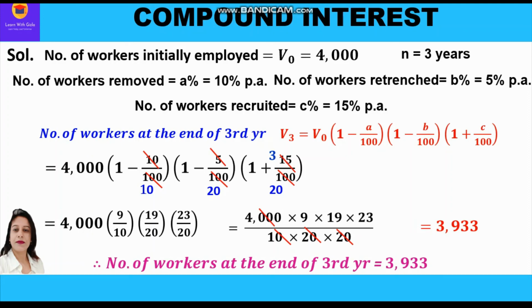So this is it, children. Hope you have enjoyed as well as learnt and understood these two types of questions wherein the quantity was varying for a given number of years, either increasing or decreasing, and accordingly we are changing the signs in the formula. Either we are using a minus sign or a plus sign.